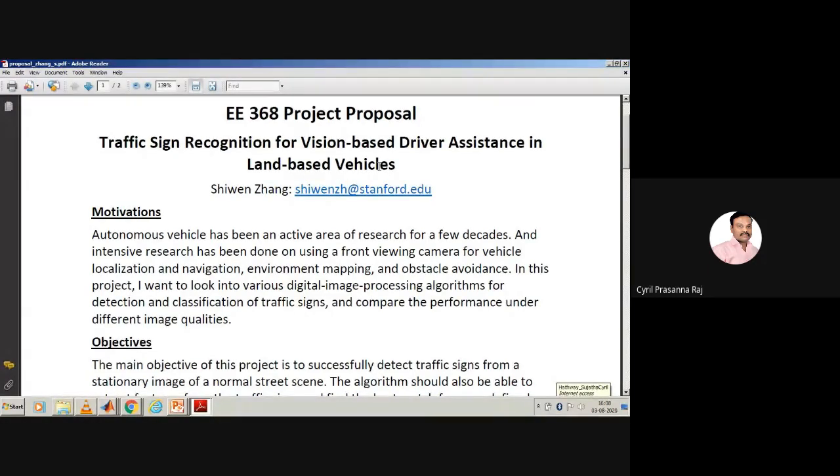Or there could also be a sign stating that you have to stop here, you have to slow down, or there's a traffic signal at an intersection coming up. So there will be a lot of signboards along the road. Since you are driving the vehicle, concentrating on the traffic, you would miss seeing these traffic signs.